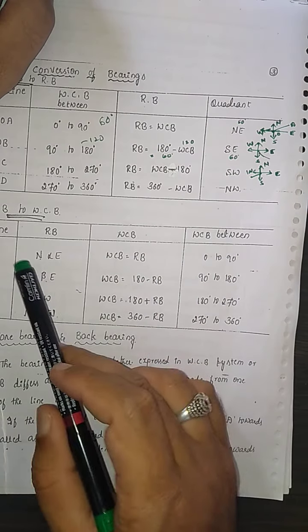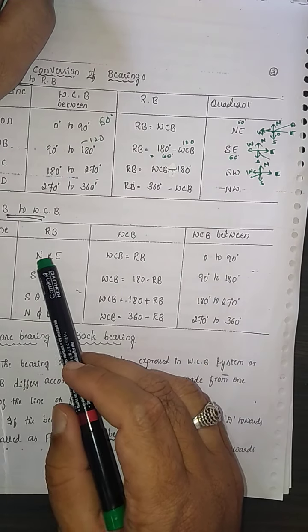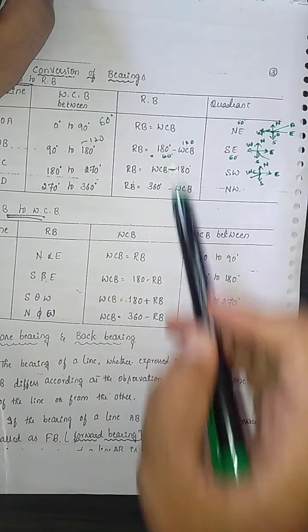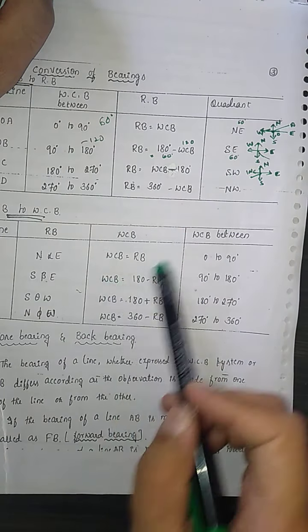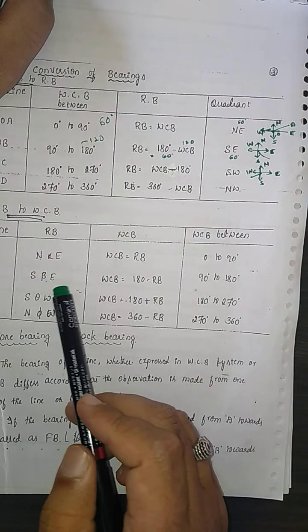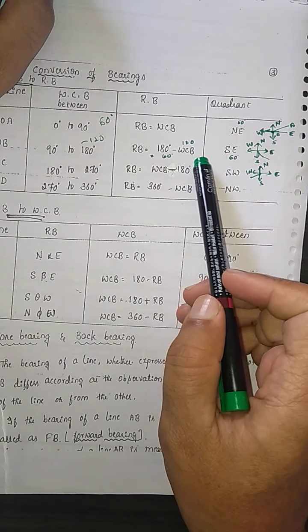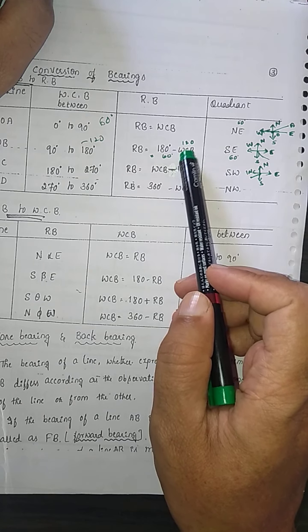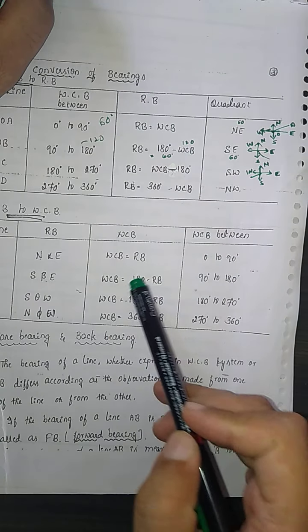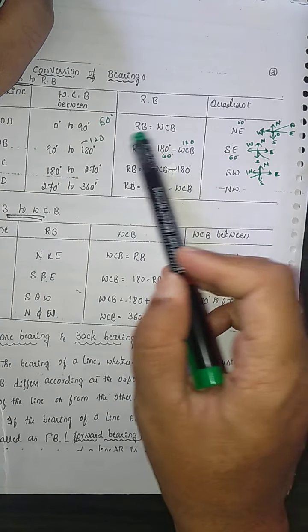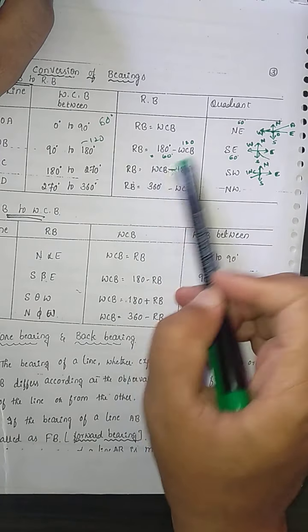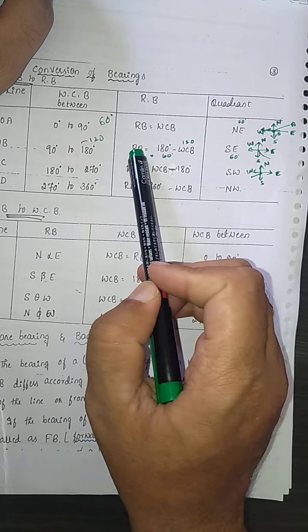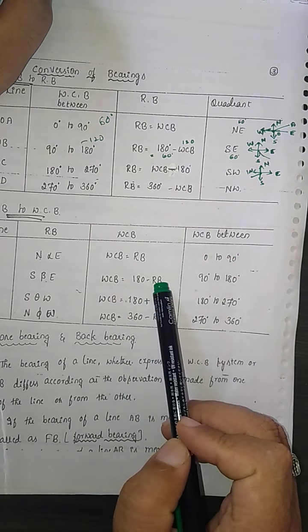Now we will see the formulas. If the angle is in the northeast, whatever the whole circle bearing reading is there, again both the formulas are same. Whatever the reading is there, you are going to write it. Then south beta east, here you know this particular formula, so you want it in your whole circle bearing. So whole circle bearing, you are going to take it this side. So 180 minus RB. If you take whole circle bearing this side, then what will remain to you is 180 minus RB. So here it is 180 minus RB.